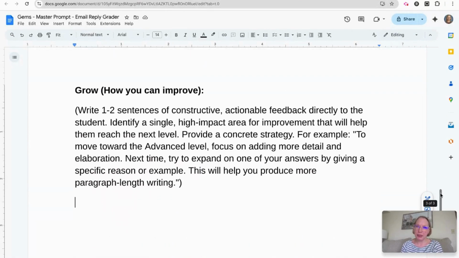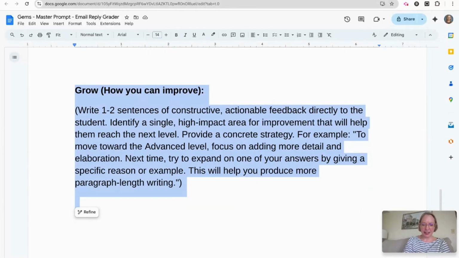And based on that rubric, and again on the ACTFL proficiency guidelines, I want it to give the student a grow. So what's one constructive, actionable feedback item that the student can do in order to move to that next level within the ACTFL proficiency band? Okay, so that's all in these instructions here. So I'm going to go ahead and highlight it,